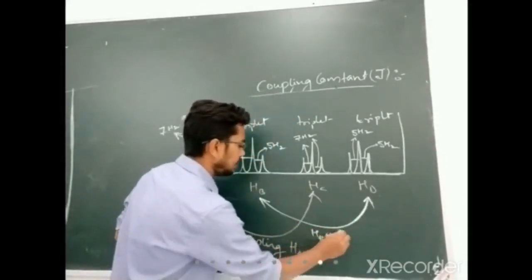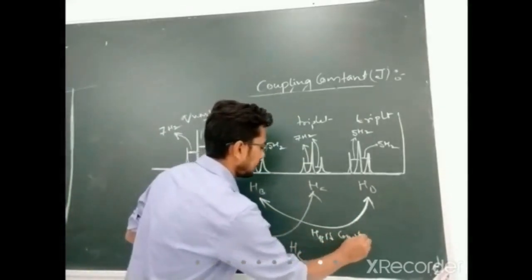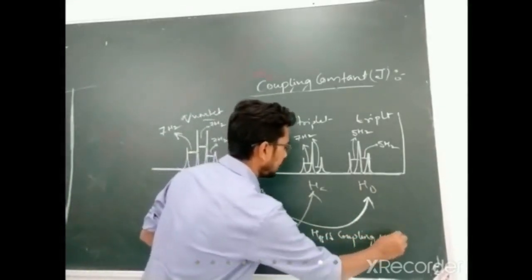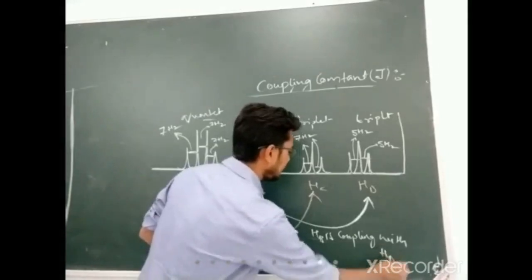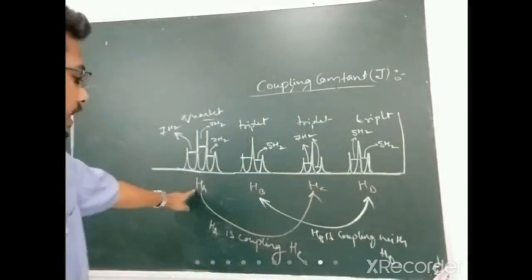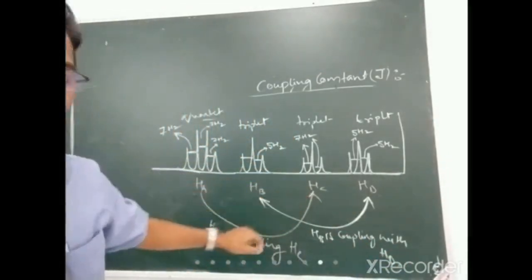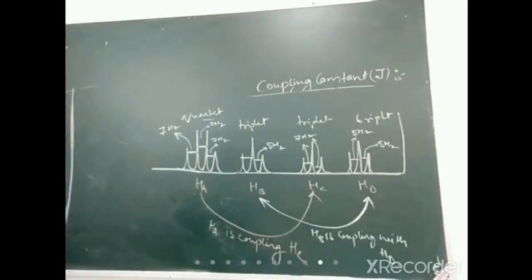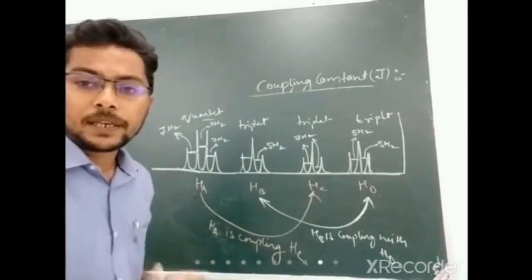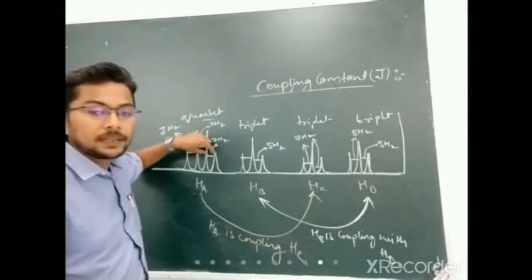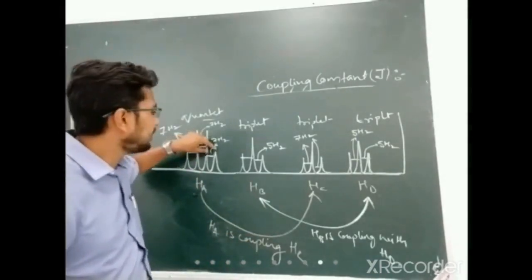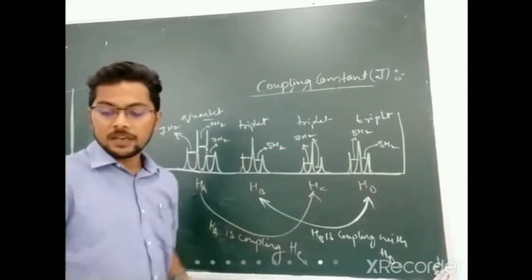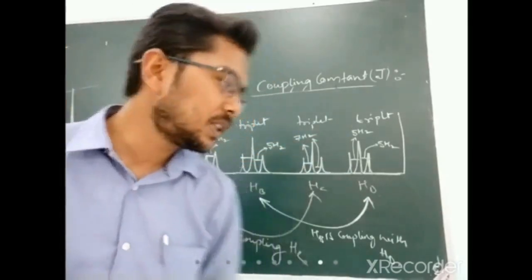HB is coupling with HD. Okay, so HA is coupling with HC and HB is coupling with HD. Why? How can we predict that? That is because this coupling constant value is same. This is 7, this is 7, this is 5, this is 5. So with this information further we can say that